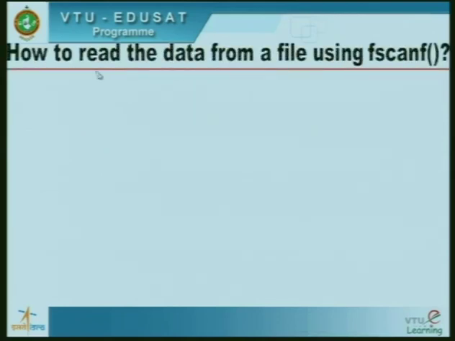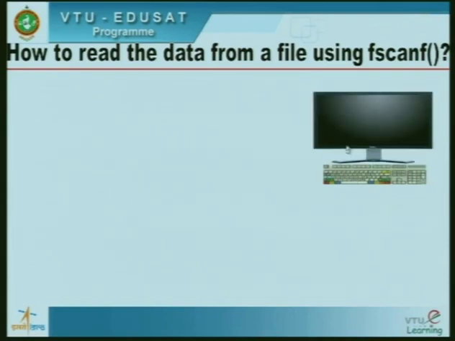Now let us see how to read the data from the file using the fscanf function. Now look at this. We can enter, suppose I want to enter 101